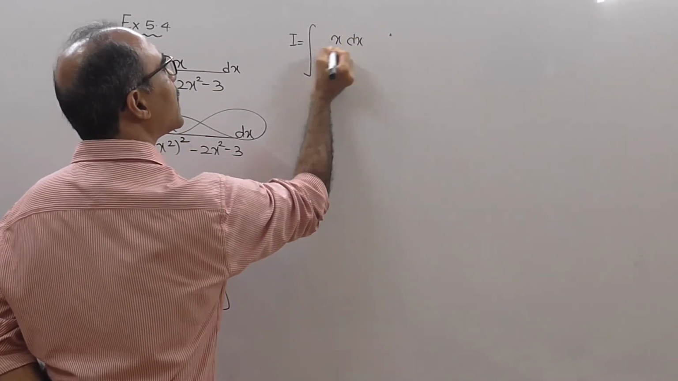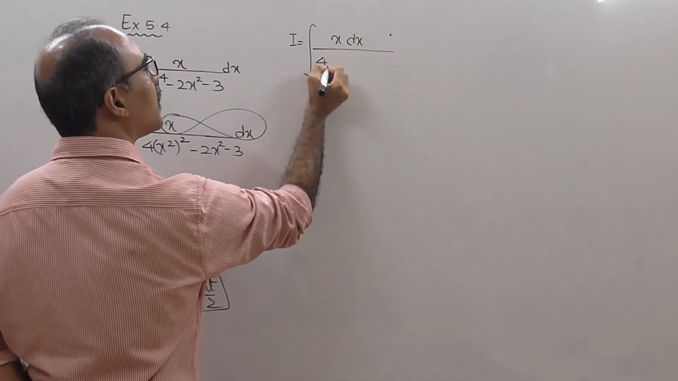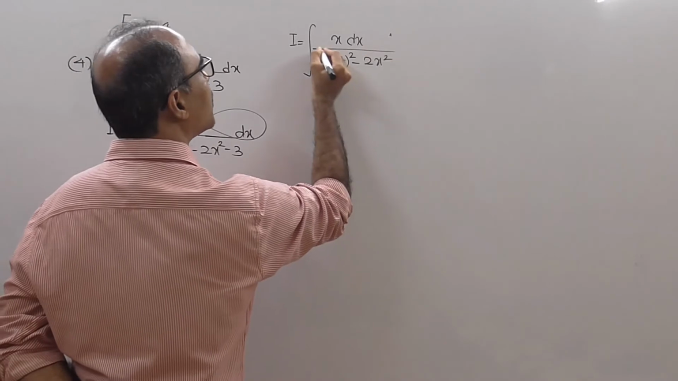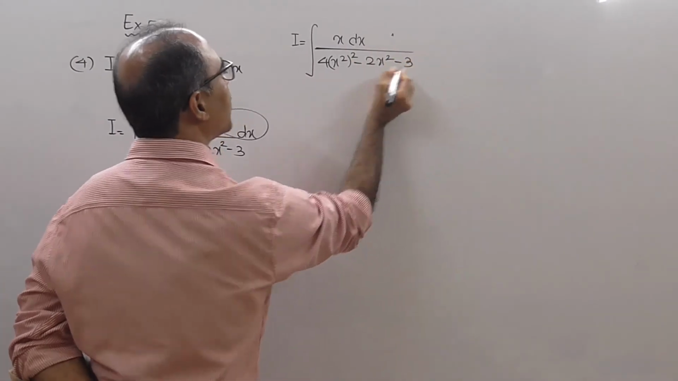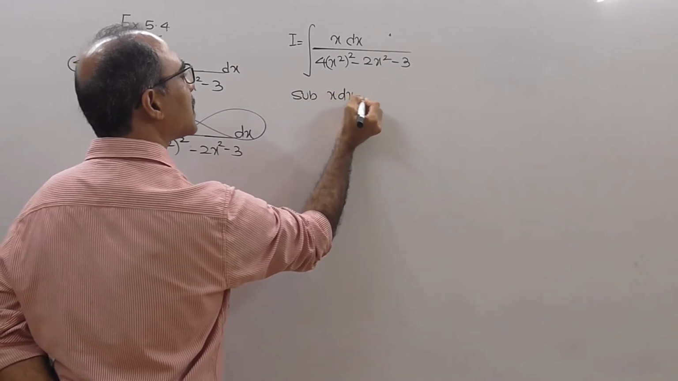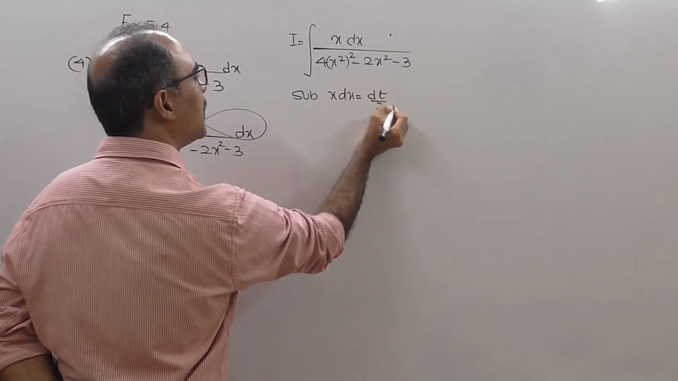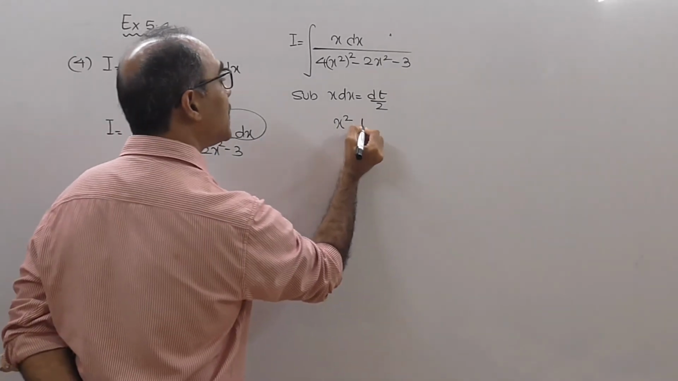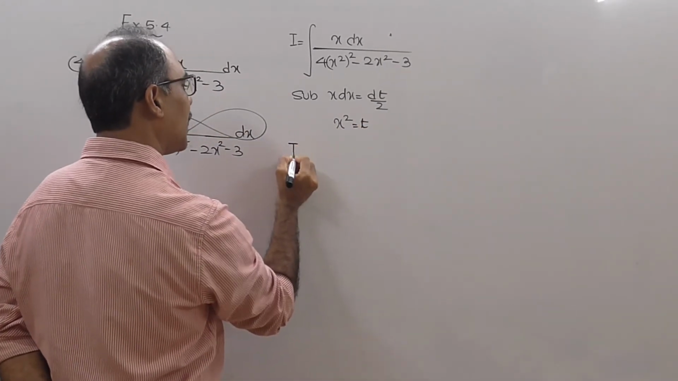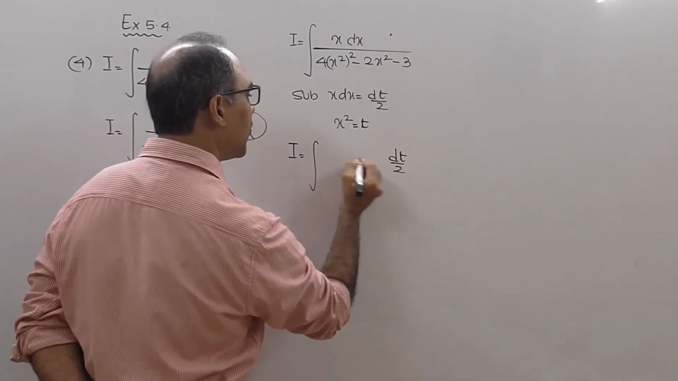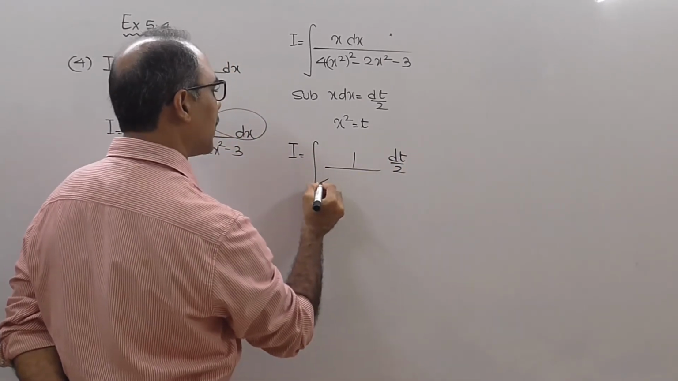x dx the whole upon 4x square the whole square minus 2x square minus 3. What I will do is substitute x dx equal to dt upon 2, and this x square I will take as t. So what happens is I equal to, the numerator automatically becomes dt upon 2 and this becomes 1 upon